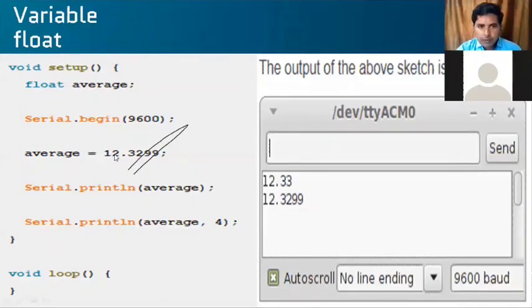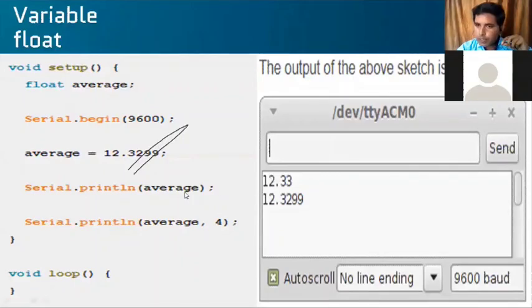Suppose your average value is 12.3299 and you want to display it with Serial.print average, 4. If you write only average, it will give only 2 decimal places, that is 12.33.